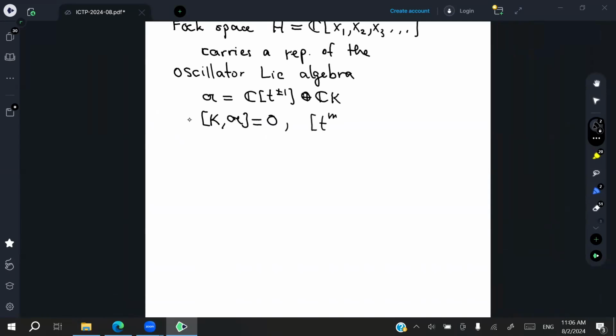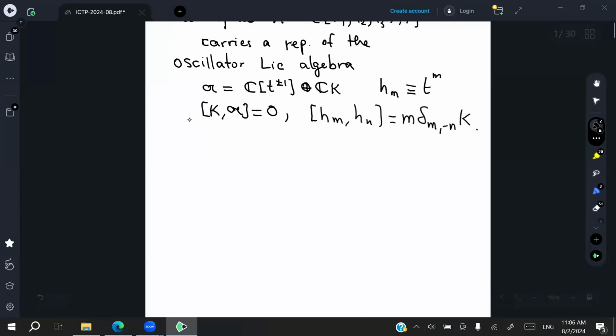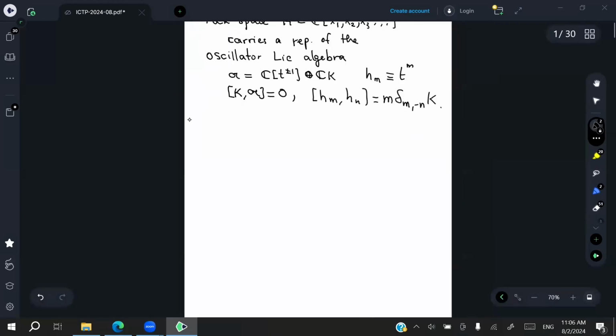Here, actually, maybe I'll write h_m instead of t^m. Okay, and the representation was given by